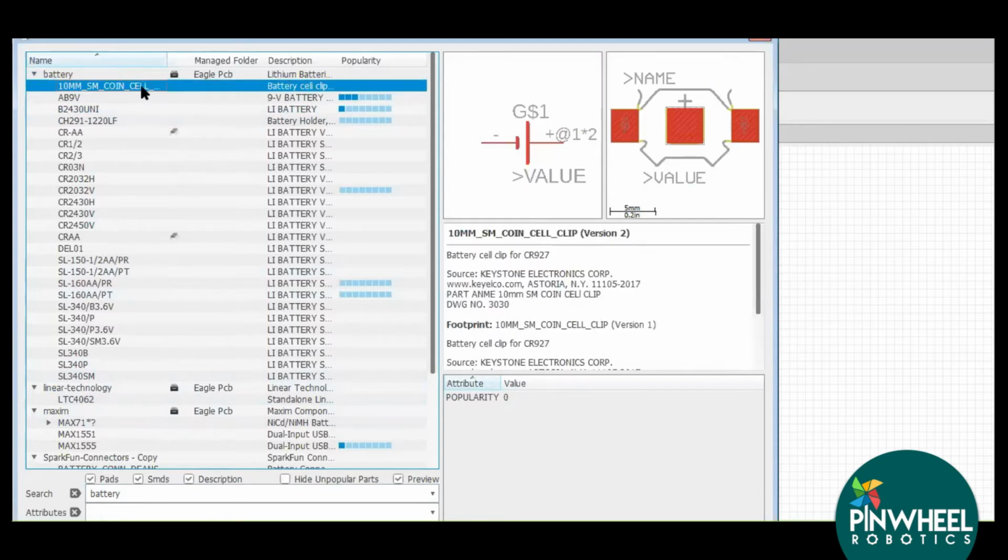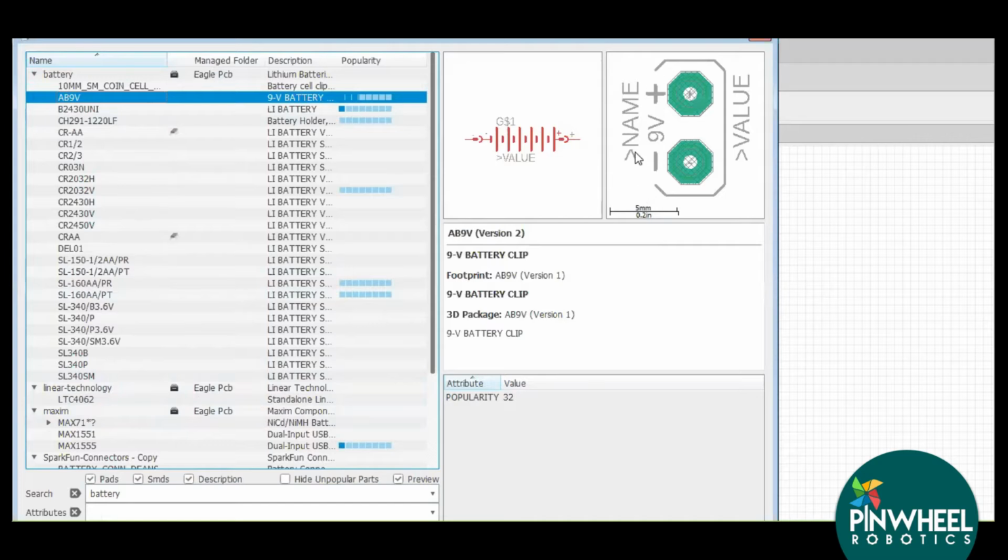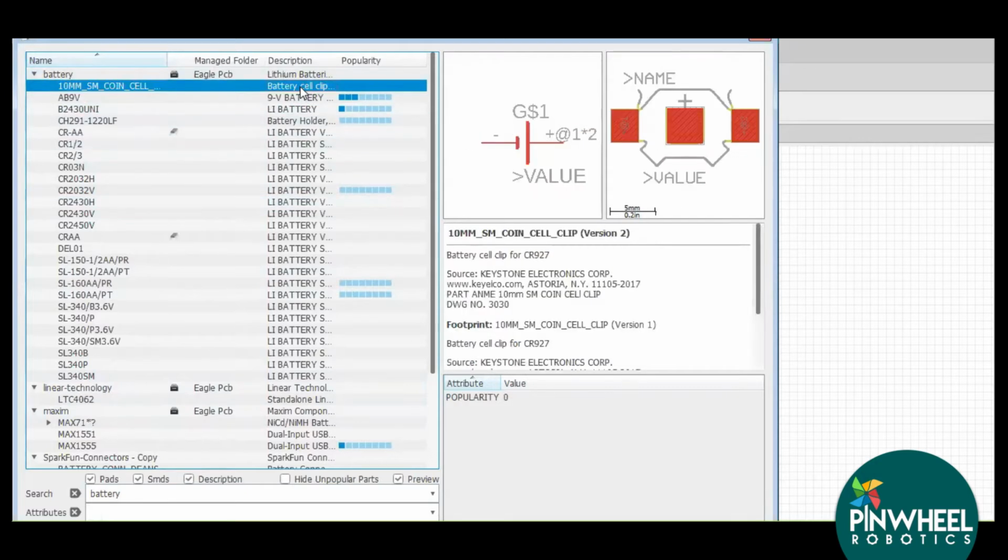Also, I want to tell you one thing. These red components which you are seeing here are SMD components, surface mount devices. And this green one shows DIP components, dual in-line package components. So what is the difference between DIP and SMD components?